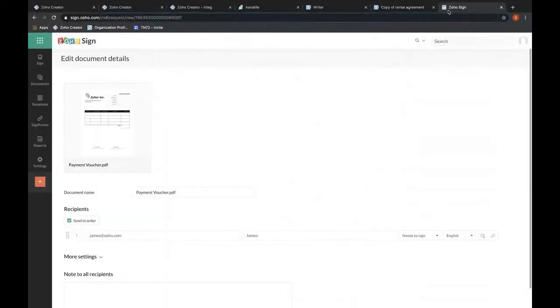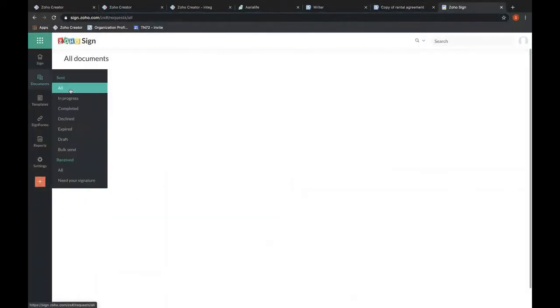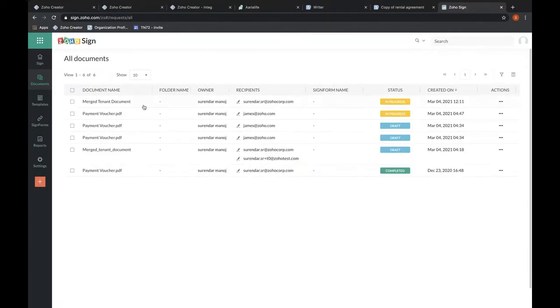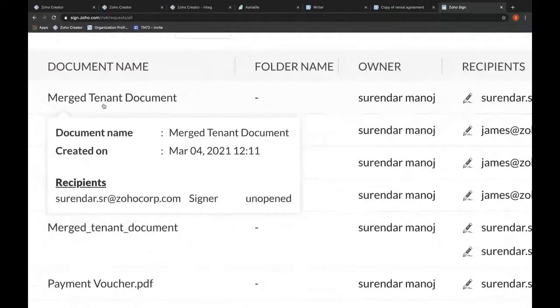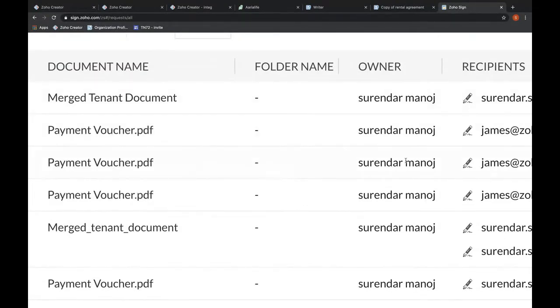But if I go to Zoho Sign, I can see a new document has been created. You can see the merge tenant document which was created on March 4th. This is the latest document which we just generated. If I can, I'll be able to monitor the